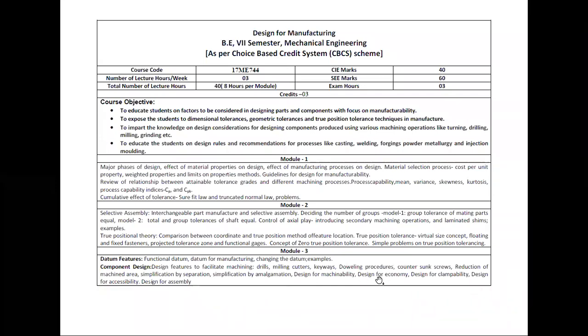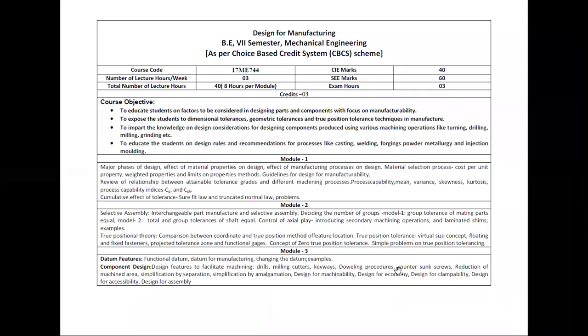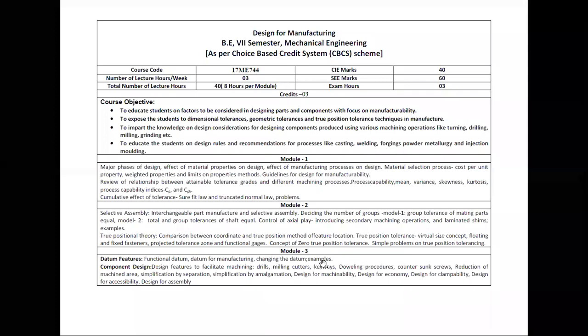These things are different. That is design for economy and design for clampability, design for accessibility, and design for assembly. In this, we'll take a sketch, and through that I will try to explain all these concepts. This is about module 3, that is component design.